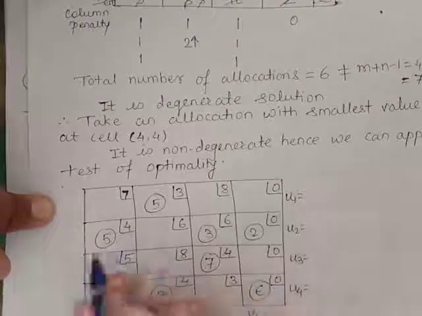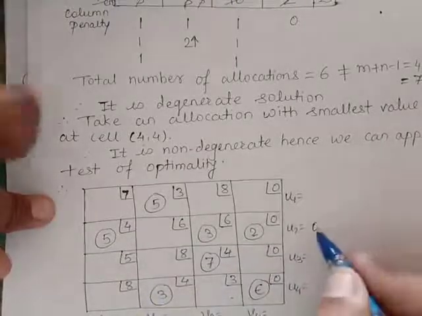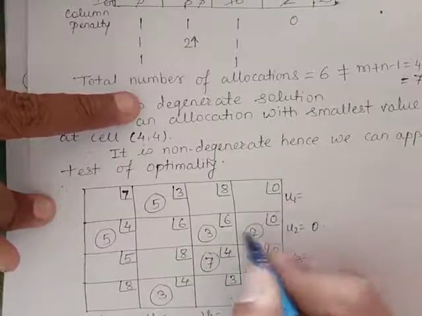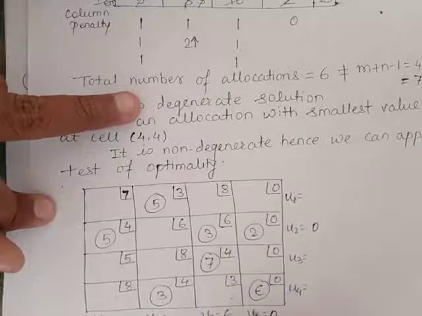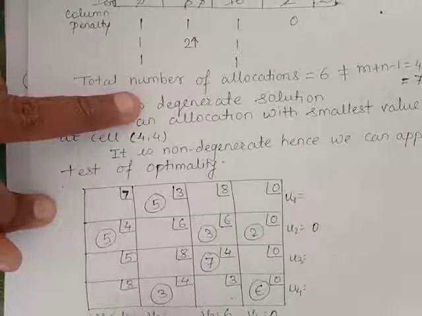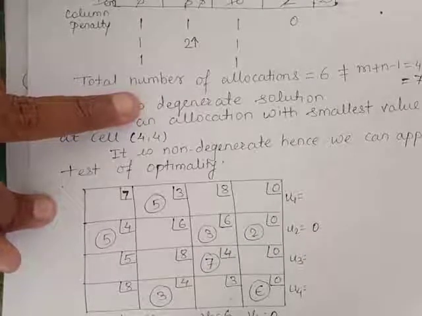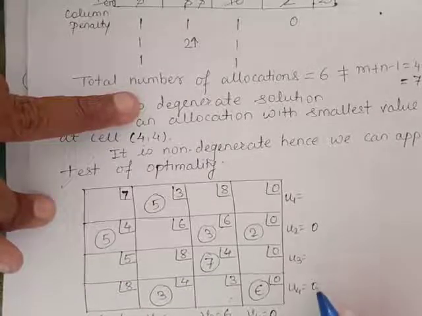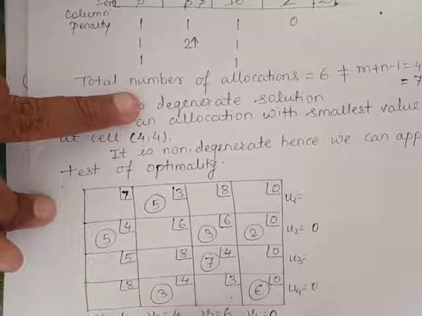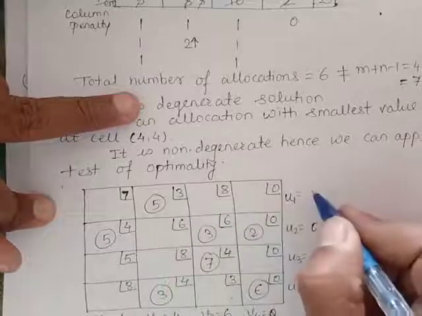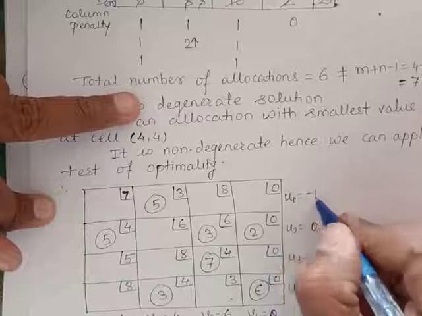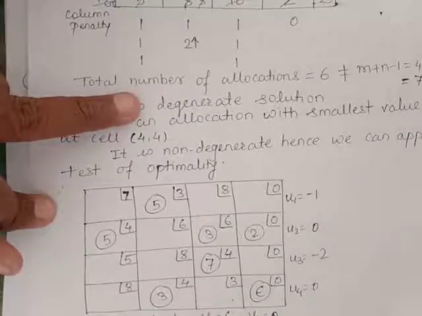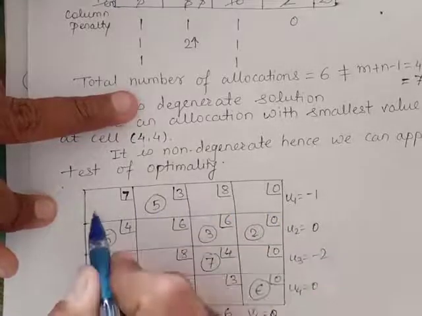So now let me take u2 0. So u2 0, so v4 is also 0. u2 0, so v3 is 6 and v1 is 4. Okay, so v4 0, so u4 0, u4 0, so v2 4, v2 4, so u1 will be minus 1 and this is 6, so it will be minus 2. You can check them on your own.